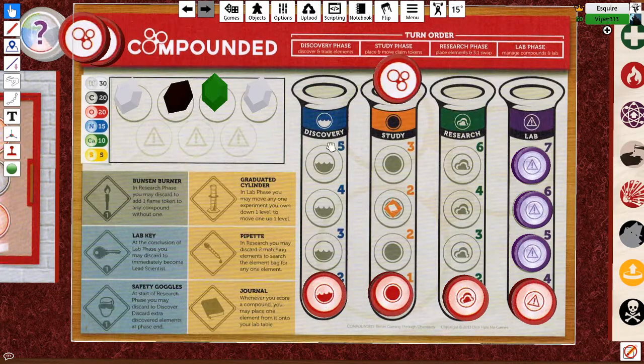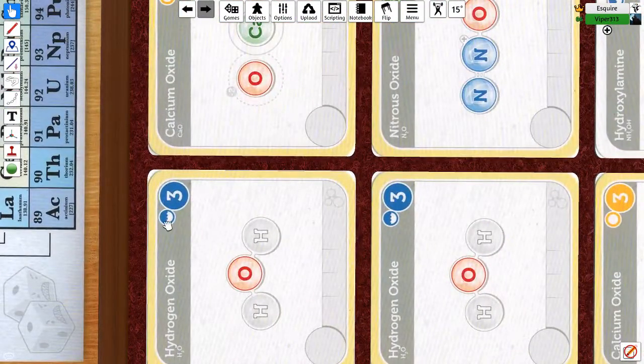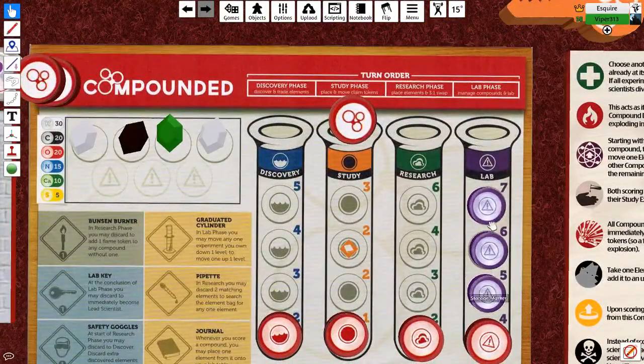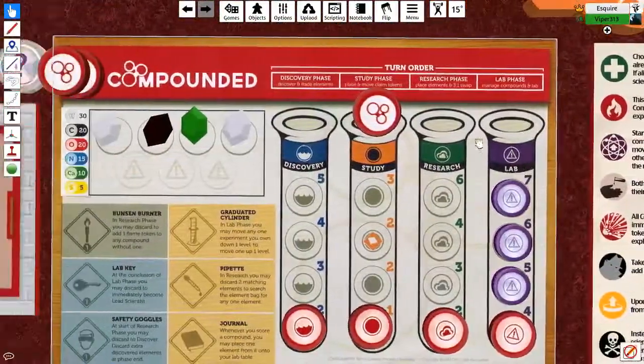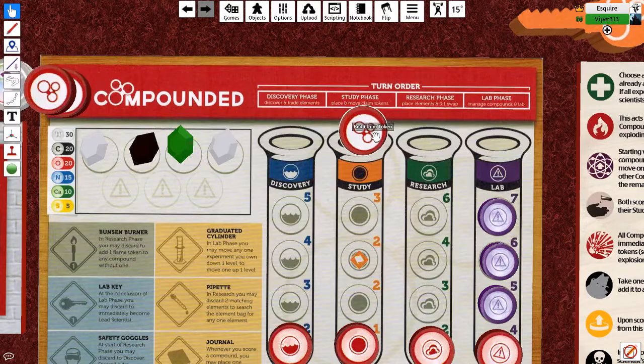And then you can increase that when you actually choose to complete elements that give you discovery level ups. Again, you can substitute that for leveling up your lab if you want. Otherwise, yeah, you would have to level up exactly what the card says. So you can choose to level up discovery or your lab. Once everybody's pulled their elements and are sitting on their handy-dandy little research area here, then we move on to